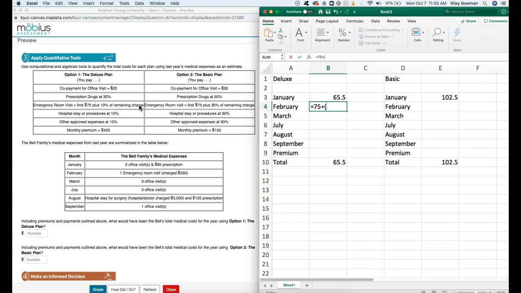So I'm going to do a parenthesis and say we have 550, but I don't have to pay for 75 of that because I'm already paying at the first. And of this remaining balance, I am only going to pay 10%, so times it by 0.1. If you're not comfortable with that, you are more than welcome to do it